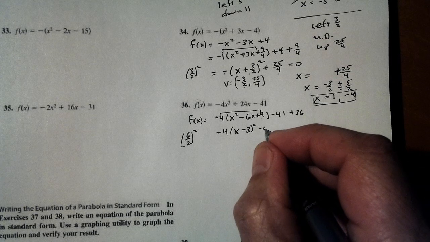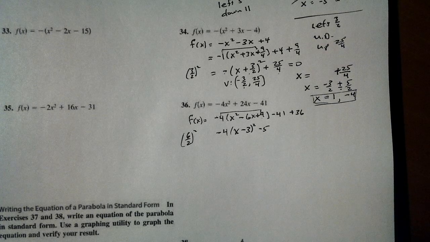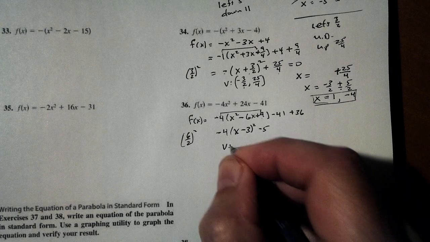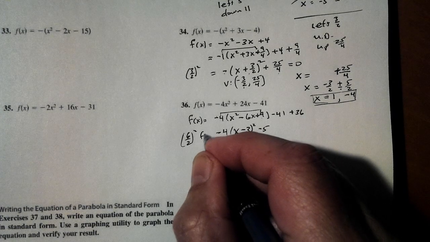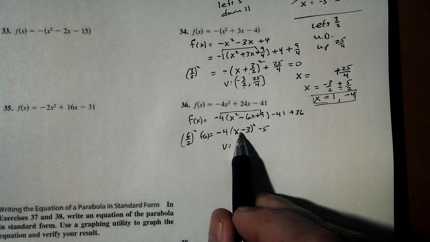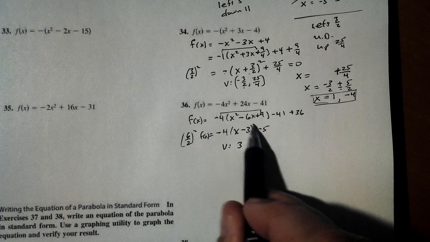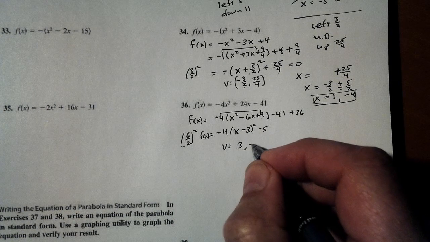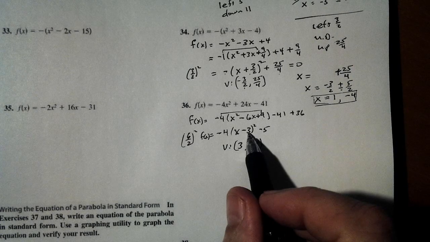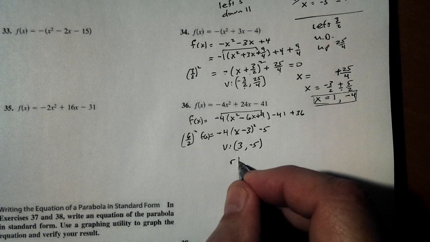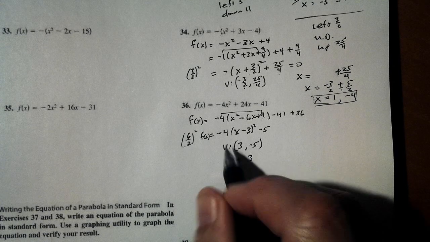So our vertex is at 3 when x is 3. f of x is negative 4 times 0 squared minus 5, negative 5. Right 3,